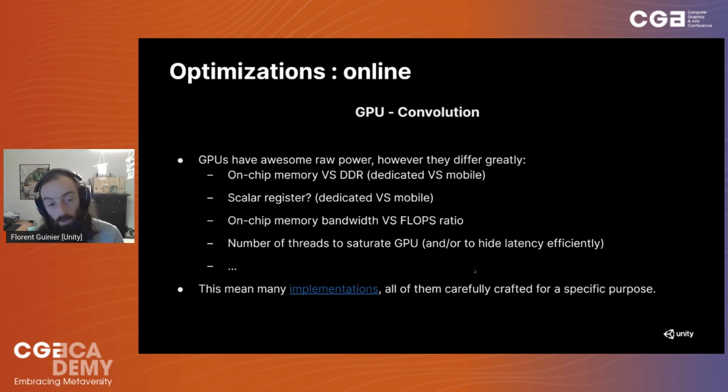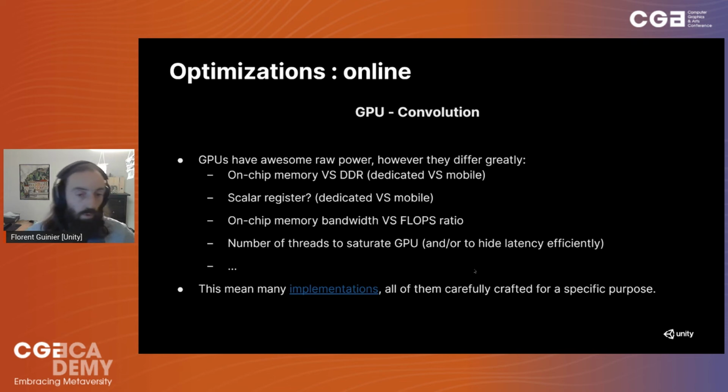And actually, it's even more than that. Speaking of convolution, depending on the convolution, you might have a different implementation because the kernel is 3x3, the kernel is 5x5, the number of channels as input, the padding, a lot of things. So about implementation on GPU, it's a lot of different implementations.